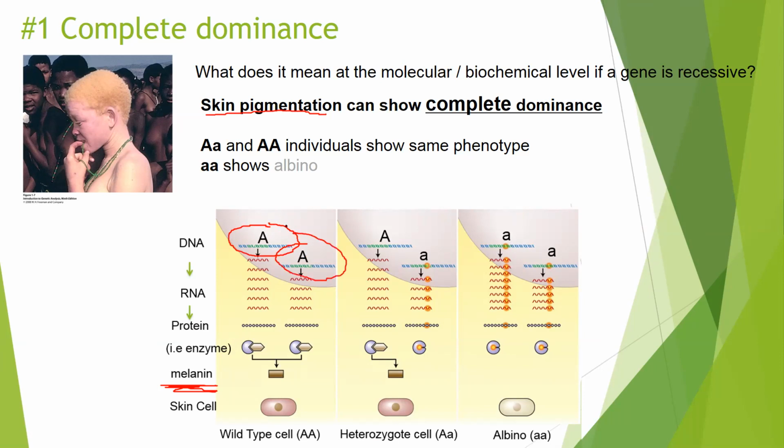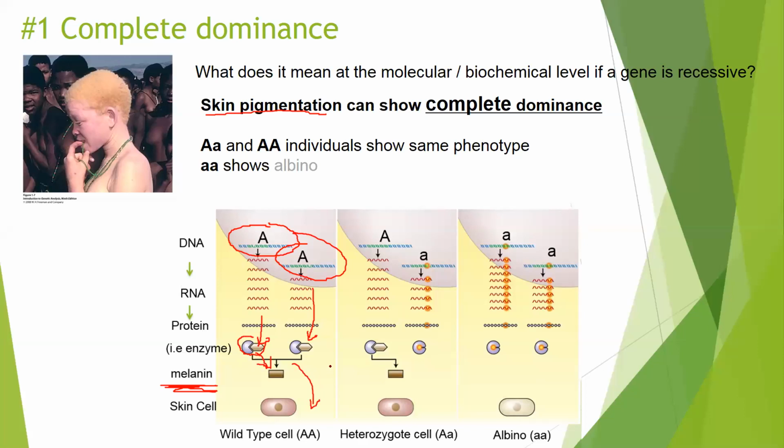If this is a homozygous wild type dominant, both alleles can produce functional enzyme, and this enzyme can get together with the protein to form the functional melanin,